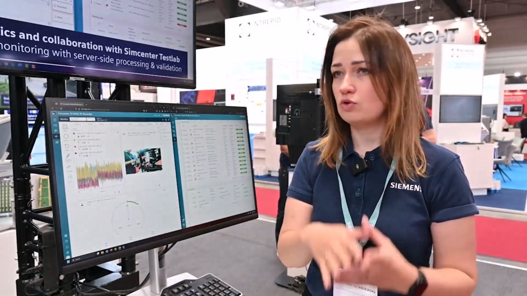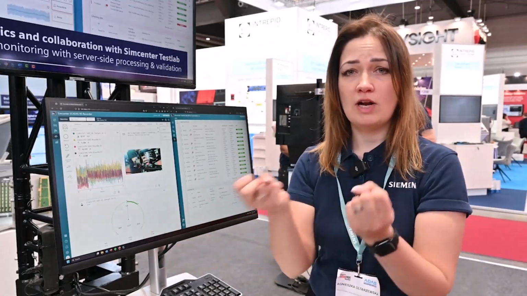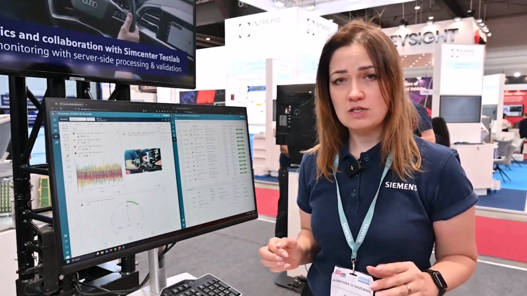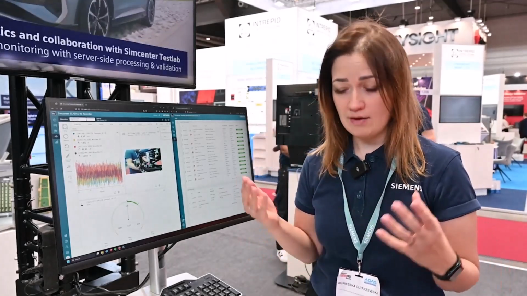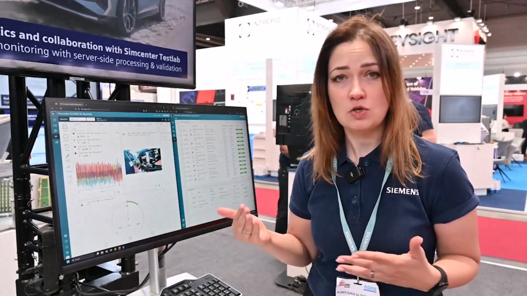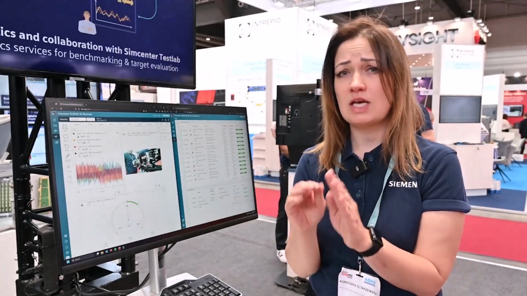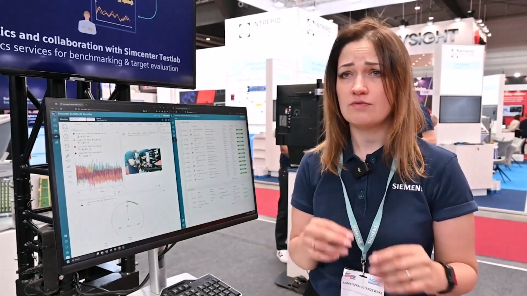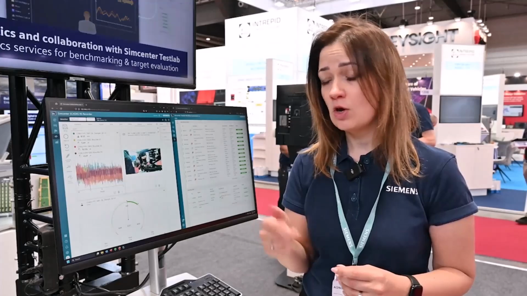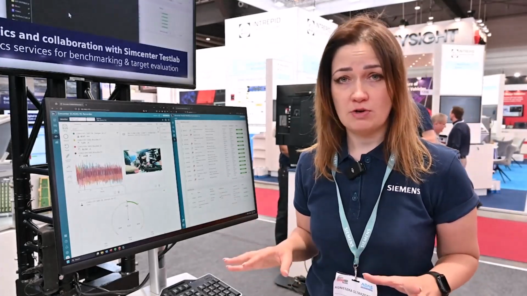What is it important for our customers? It's because we want to make sure that the vehicles can go on the road, do their acquisition, and you don't have to put any PC in the car. We collect the data while the vehicle is still on the road. We do the processing, and the test engineer that stays in the office can have a look at the results, see if there's any issues, still have a contact or a touch with the driver to indicate that there's more tests needed. So this is really about centralized processing application which offloads data either from a connected SCADA RS or from shared network drives within the organization.